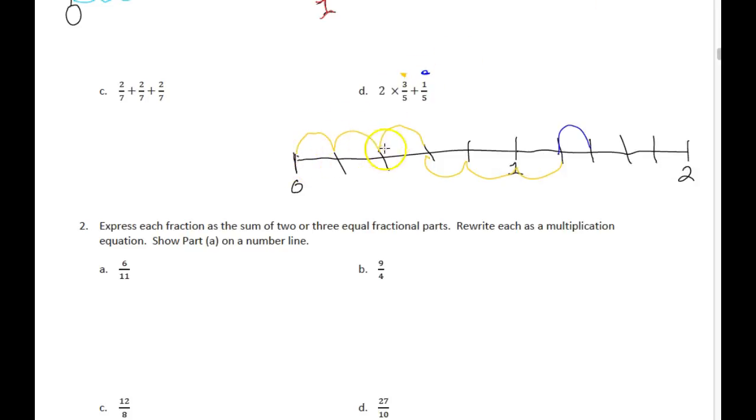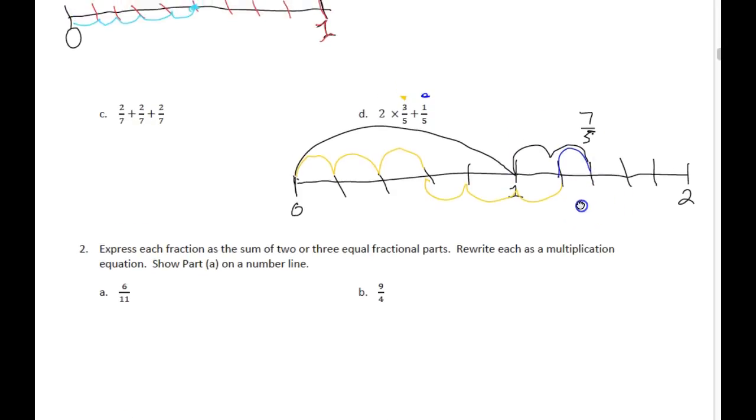Here's 1, 2, 3, 4, 5, 6, 7. We're at 7/5. Another way to look at it is we went all the way to 1, and then we went 2 more. So that's 1 and 2 fifths. Either answer is correct because if it takes 5 to have a whole, we have 7 of them, so we